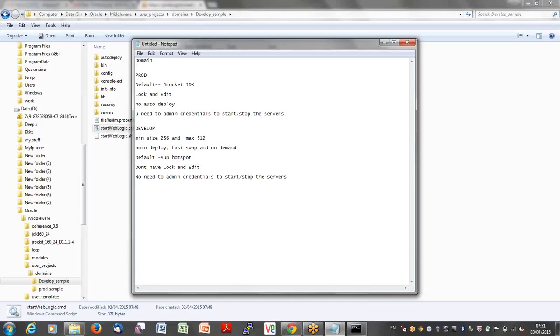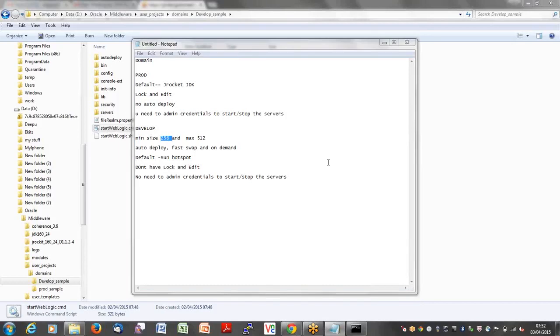That means the JVM process runs with 256 MB at the beginning. So it will take 256 MB of the RAM and it starts working. After a certain time, if it needs more memory, it will go back to the RAM, ask for the memory, and load that extra memory. In this way, it can go up to 512 MB.